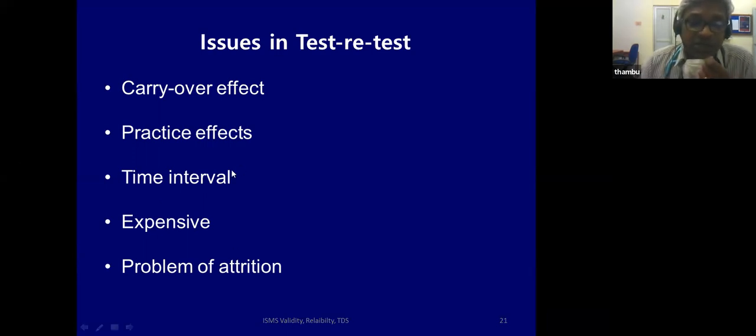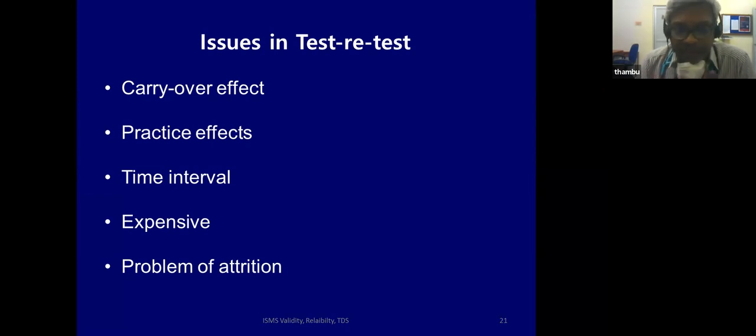The third question to ask yourself is the time interval. How much time can there be between testing the first time and the second time, so that there won't be too much biological change in the value between the time interval? So you must question how much time interval is acceptable biologically. Then the next thing is it's expensive. Suppose you have to do the same test 2 times, you have to pay for the 2 tests. So test-retest is an expensive method of checking the diagnostic ability of a test.